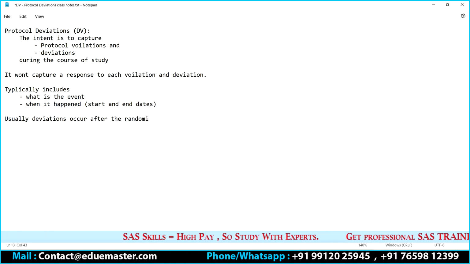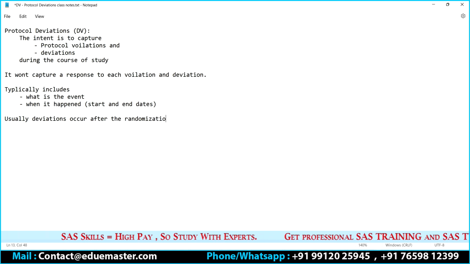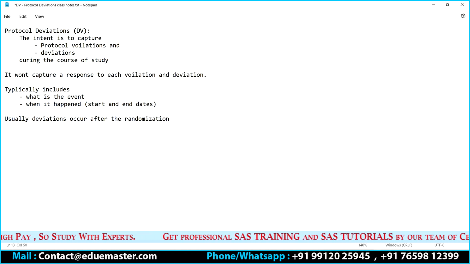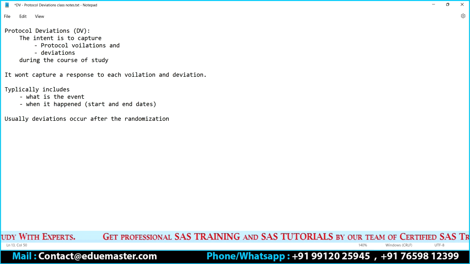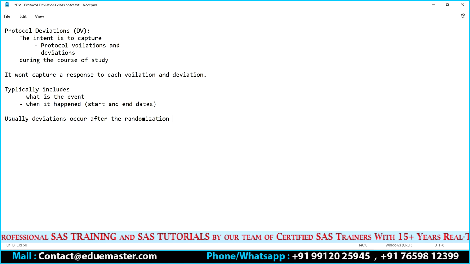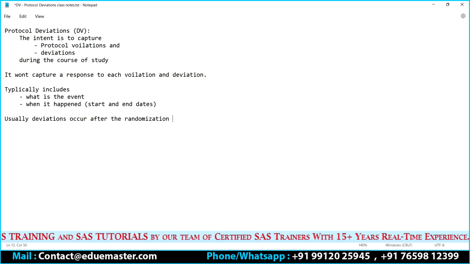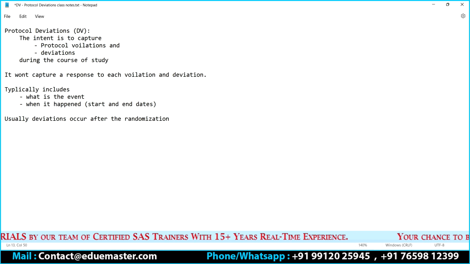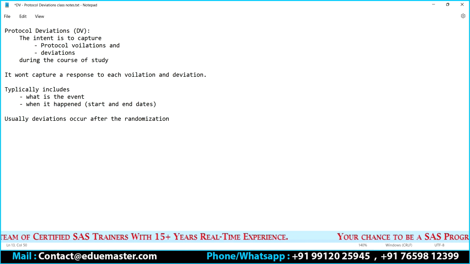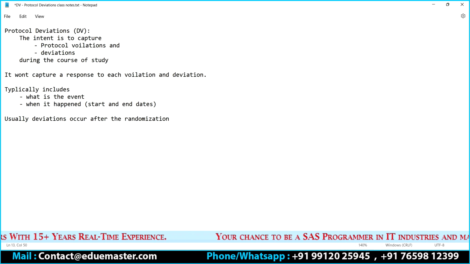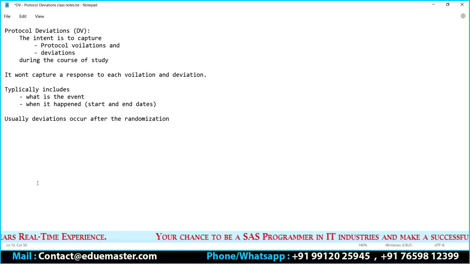Remember, after the randomization only, you will fall under two groups: either you are provided with the placebo, or you are provided with the original drug. So these deviations usually occur after the randomization,